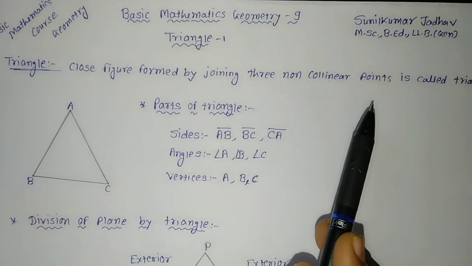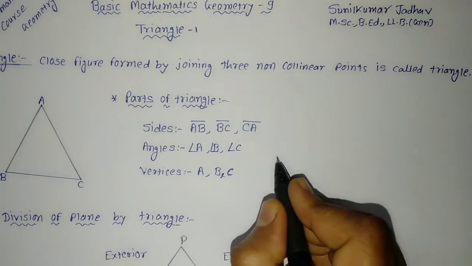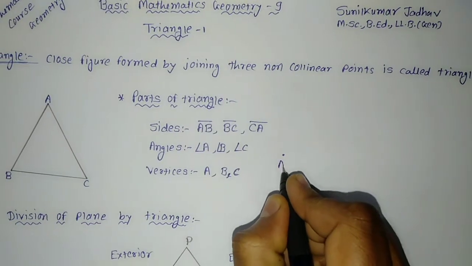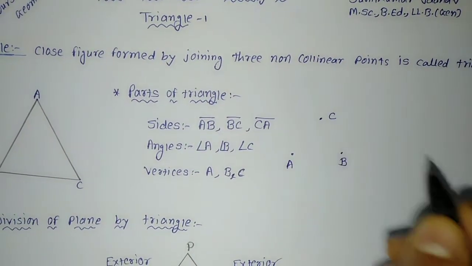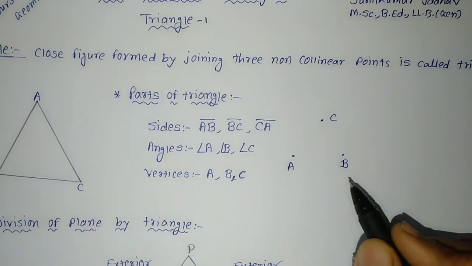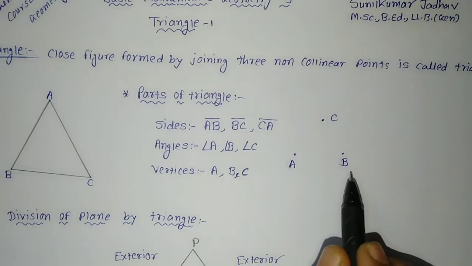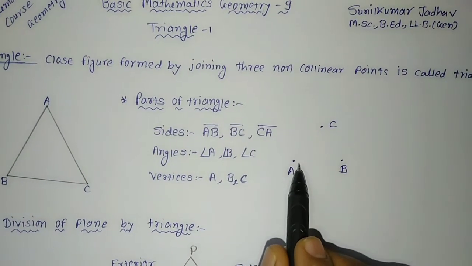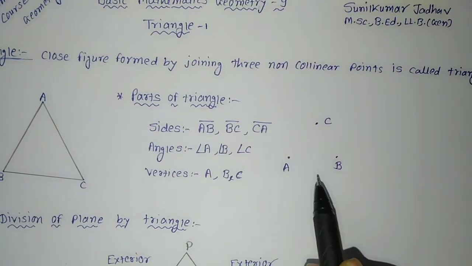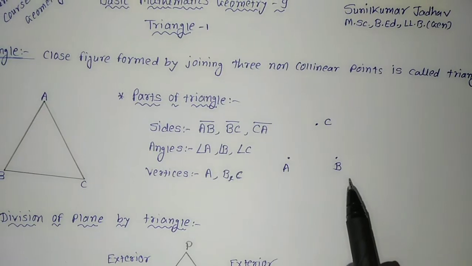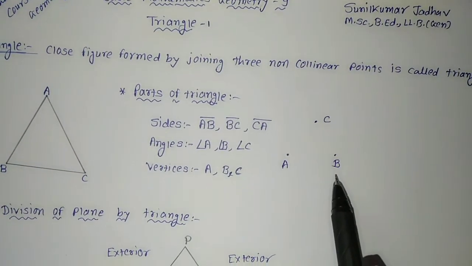What is a collinear point? We already discussed this in the previous videos. Suppose this is point A, this is another point B, and this is another point C. We know that all these three points are not lying on the same line. Two points are always collinear, they lie on the same line. Like AB is collinear, BC is collinear, AC is collinear. But when we talk about A, B and C combined, then these points are non-collinear.